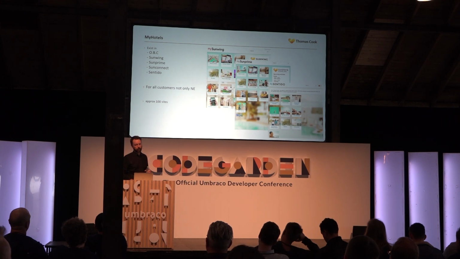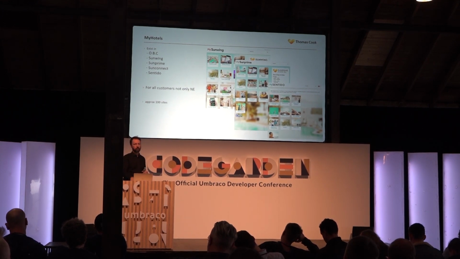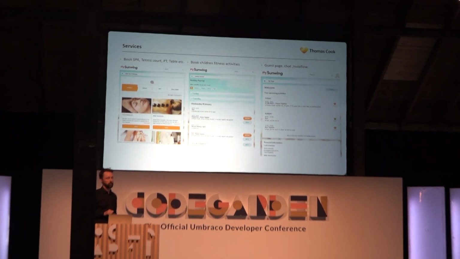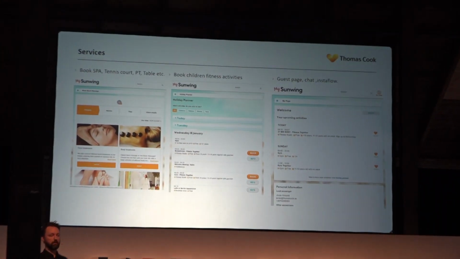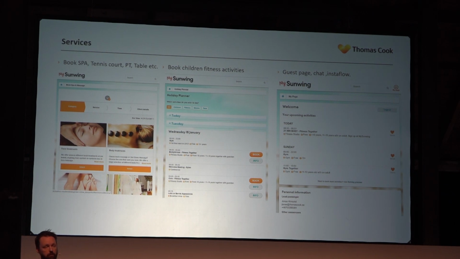And these sites are for all customers staying in the hotel. We don't only have Nordic customers. We have customers from all of the markets. On these web pages, it started out as a replacement for binders, so we only had information about the resort and the destination. It was only text, but then some years ago, I think 2 or 3 years ago,